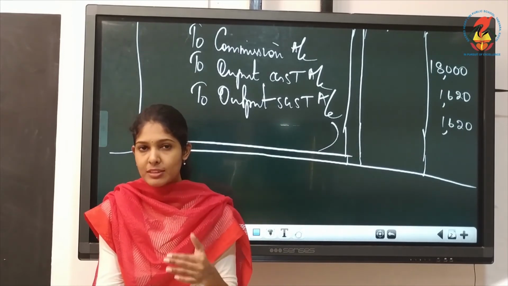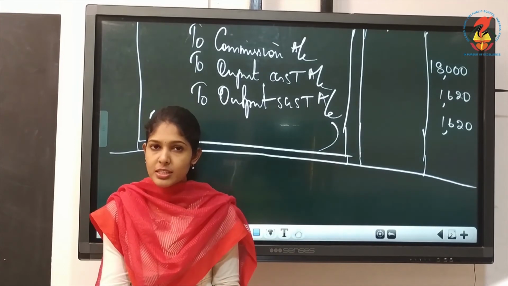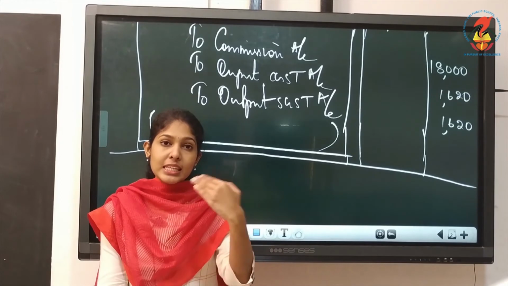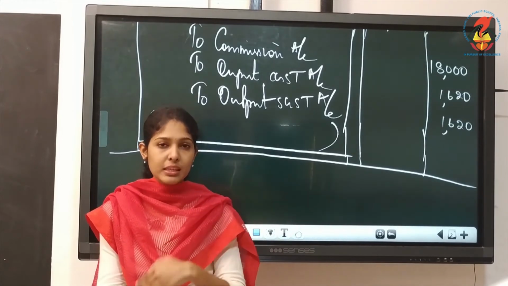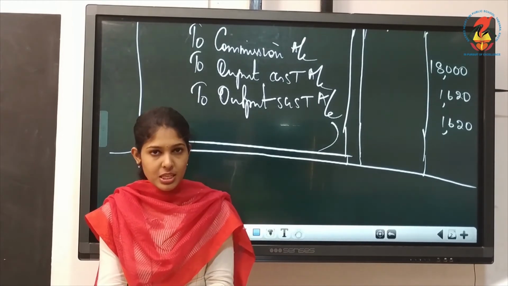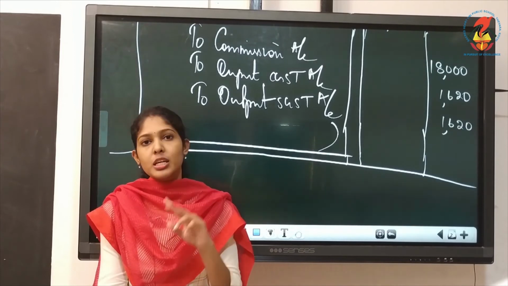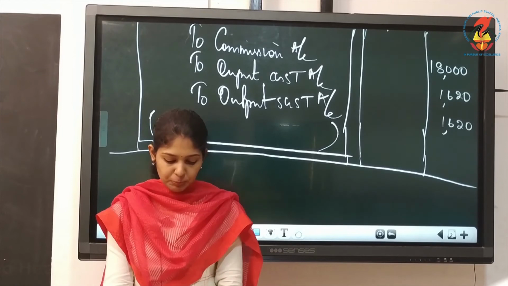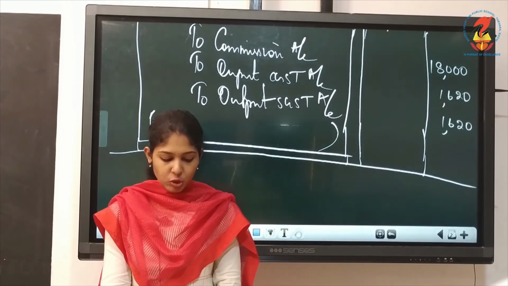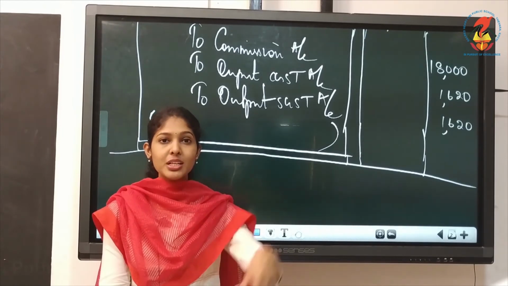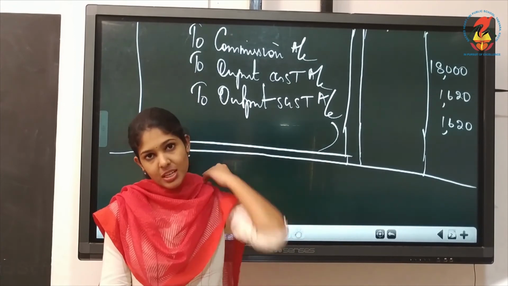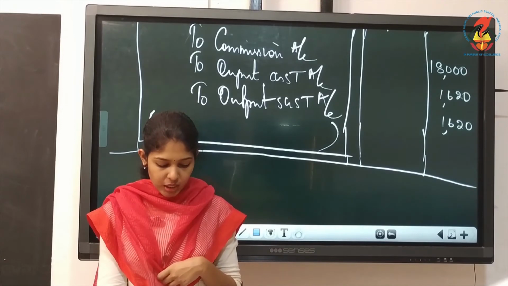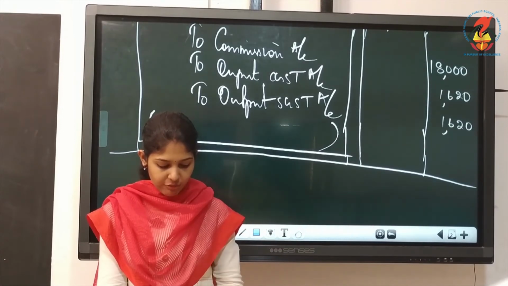When will you charge IGST or Integrated Goods and Services Tax? When the transaction is interstate, that is between the states. If it is within the state, or intrastate, you can charge both CGST and SGST. Then you have to post them in ledger. Journalizing and posting also they have asked, so both you have to do. Okay, we'll start with the first one.